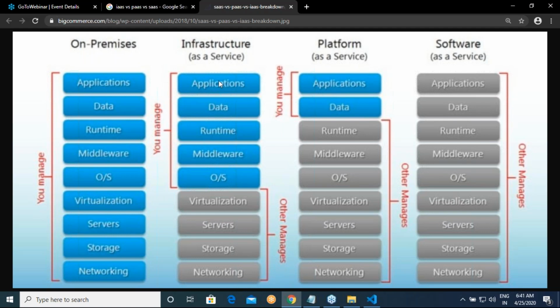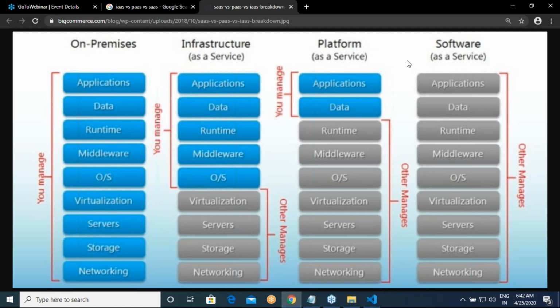When it comes to platform as a service, you are not even worried about it. You are worried about what it is that you want. Right this moment, I want a SQL server. So why should I worry on which operating system SQL server is running? What is the virtualization it is working on? What are the different softwares which I need to install? No, I will directly get database as a platform, and then I can build my own data on top of it.